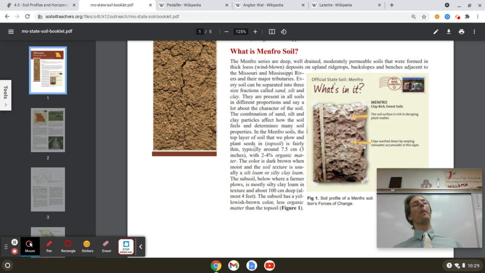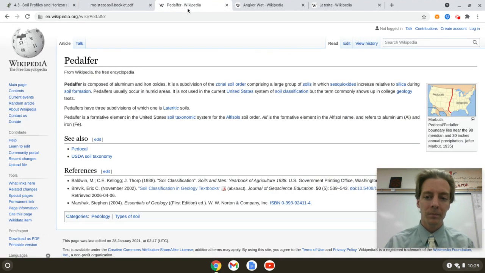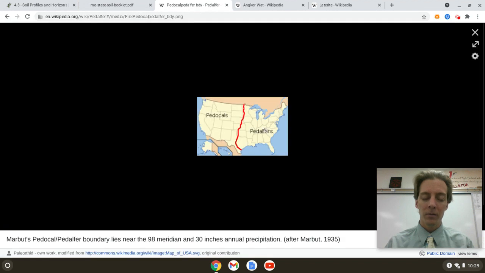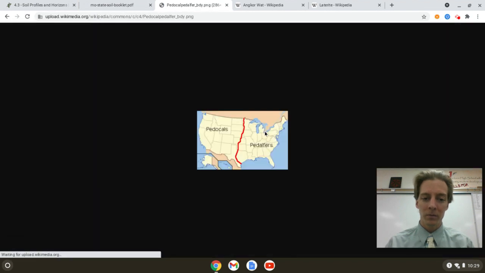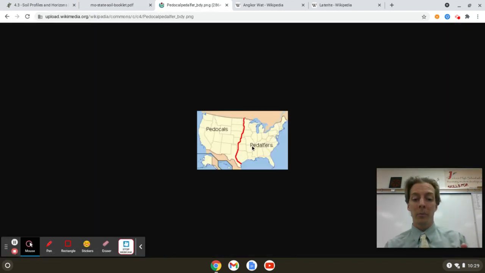All right. We're going to look at a couple other broad categories. Last little thing for today. Broad categories of soil types. We've talked about different soil types. We're going to look at a couple more. Pedalfer, Pedocal, and Laterite. What? Go with me here. Pedalfers